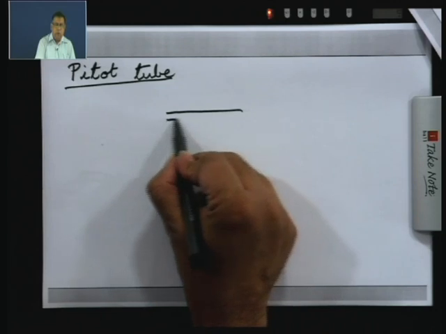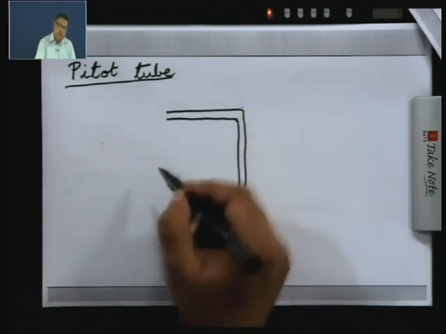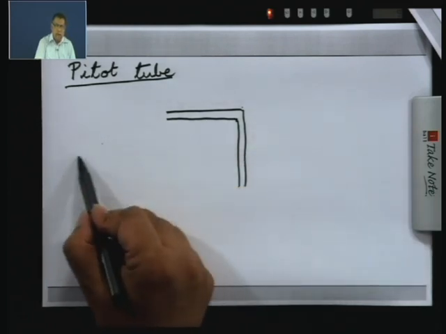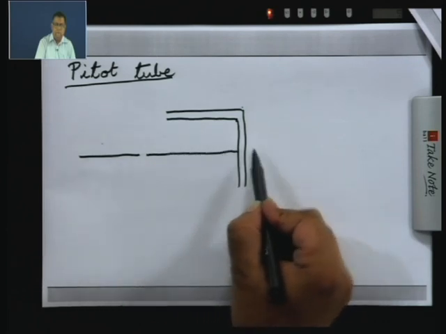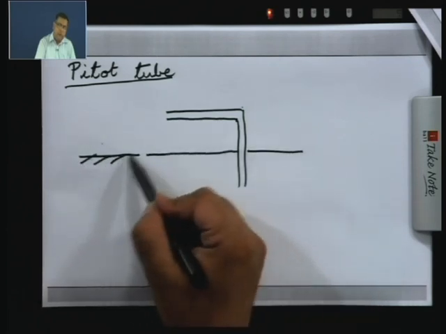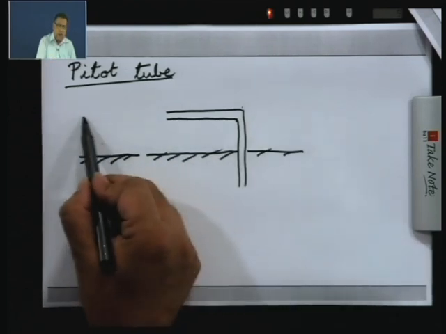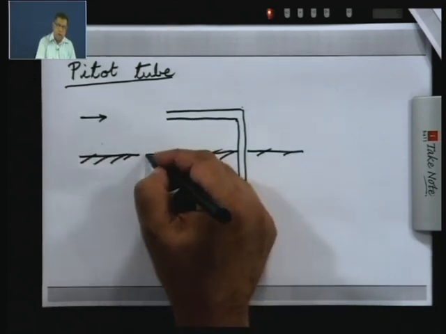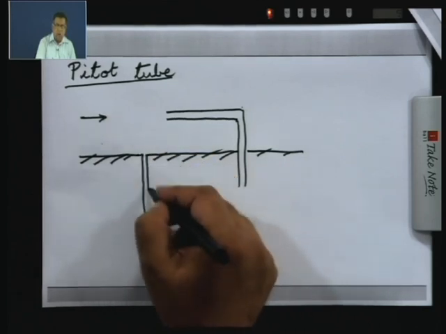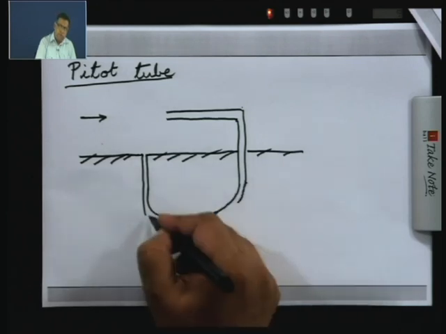So, you have a tube which has to be aligned with the direction of the flow, and if you are considering, say, flow over a wall, so this is a wall, and let us say this is the direction of the flow which is over the wall. Now, if I drill a hole in the solid wall and connect it to this tube using a U-tube manometer,